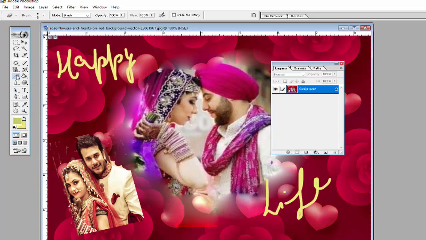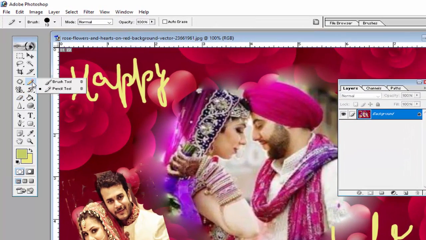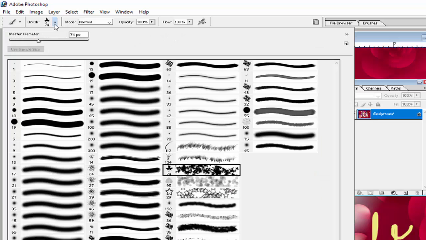Similarly, the next option is the brush tool. This brush tool is used to fill color in your image; first select the brush from here. There are many types of brushes available in this option, and you can select any brush you want to use in this image.